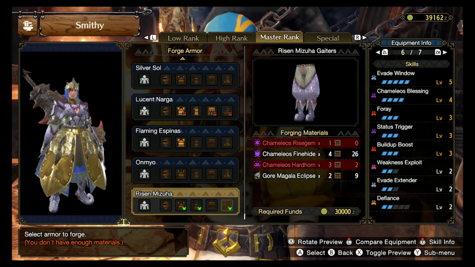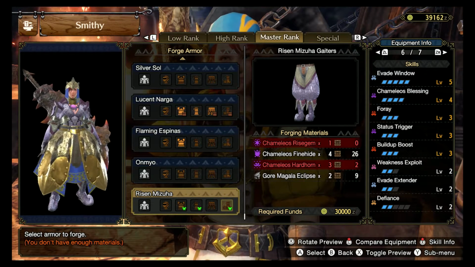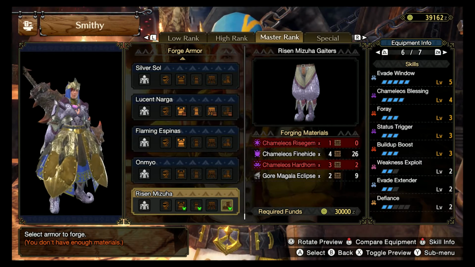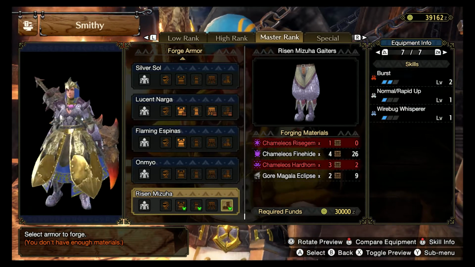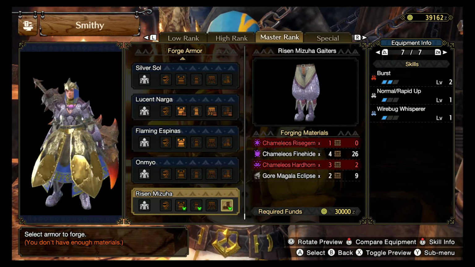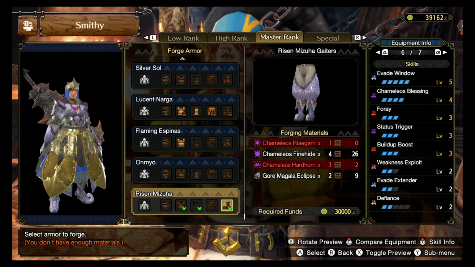5 levels of Evade Window, 4 levels of Camellia's Blessing, 3 levels of Foray, 3 levels of Status Trigger, 3 levels of Build Up Boost, 2 levels of Evade Extender, 2 levels of Defiance, and 2 levels of Burst, and a level of Normal and Wrap It Up, which we aren't going to be making use of, and a level of Wirebug Whisperer. The big standout skills on this set are, of course, Foray, Status Trigger, and Build Up Boost